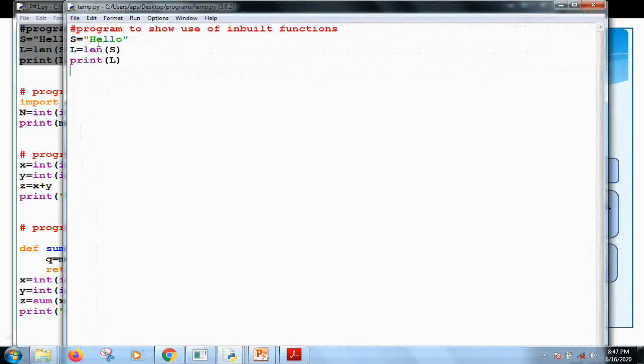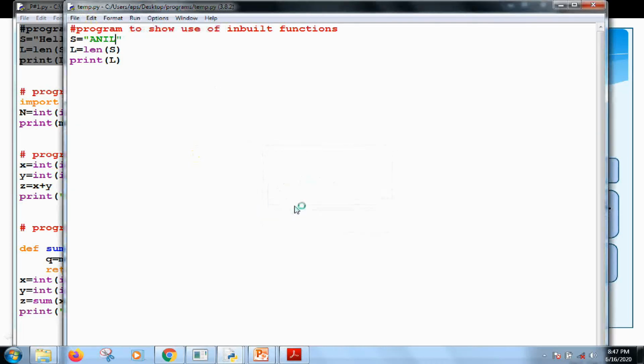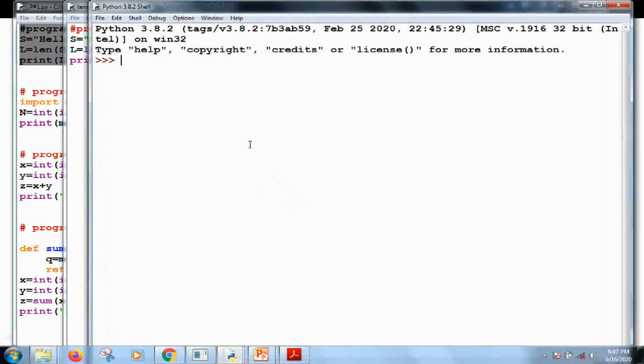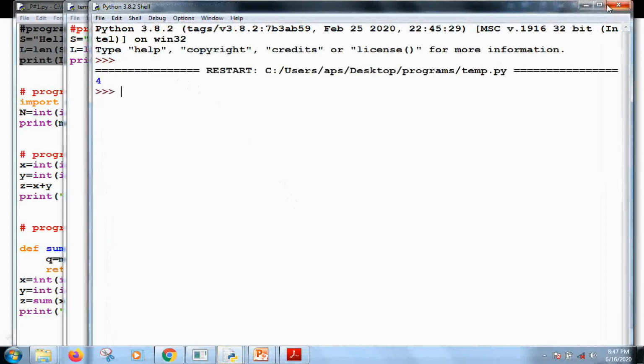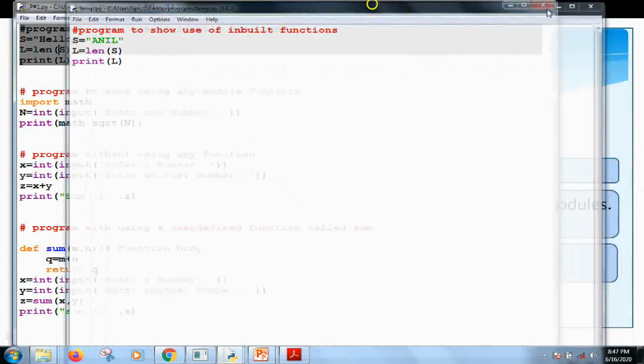If I change the string here, the input will change and it will show me the output according to that new input. Now s is Anil, so it will calculate the length of the string Anil. So if you change the input, the output will also change, but the work done by the function will be the same. Let us take one more example of functions.